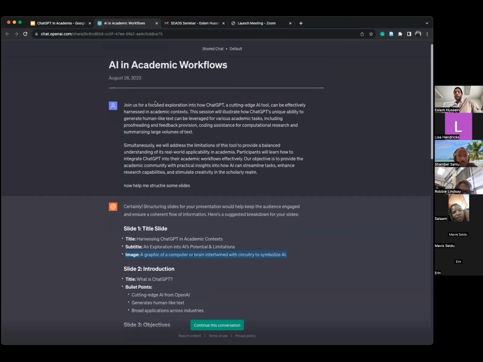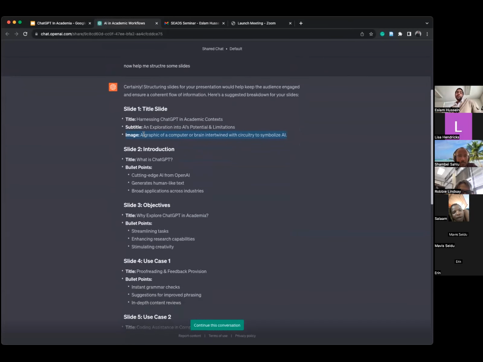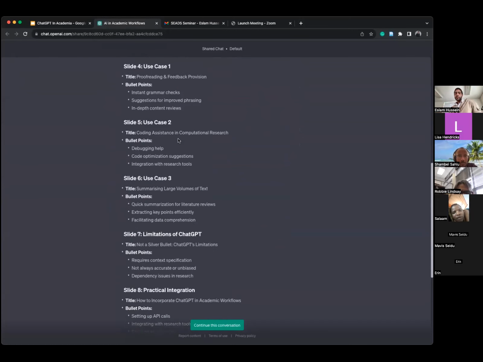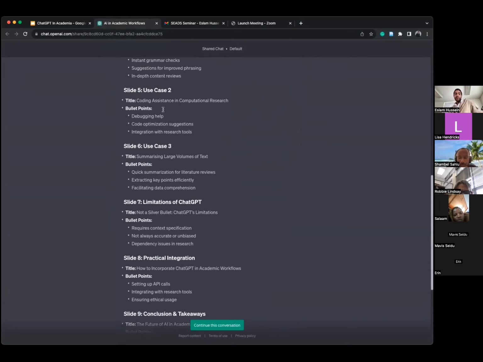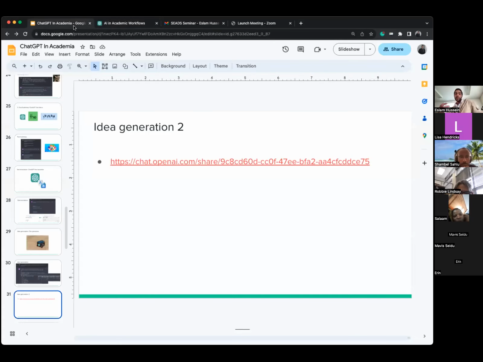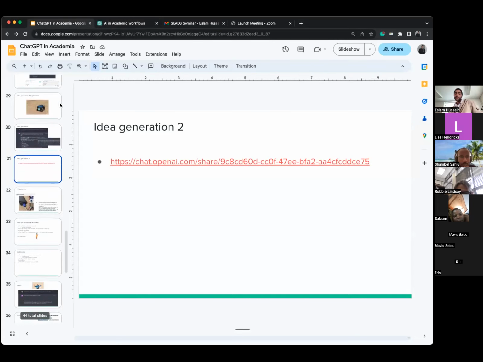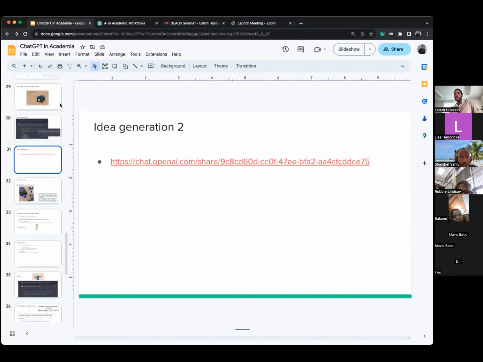And it did. And sometimes it tells you what kind of images you should have in a particular slide. So it gives you a very general outline. I did use it to take some inspiration from it. And obviously it turned out, I have 45 slides here and it gave me only 10.